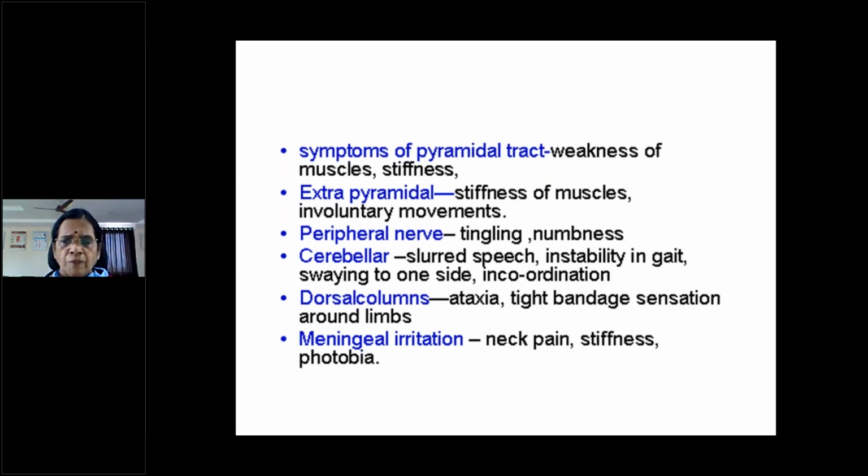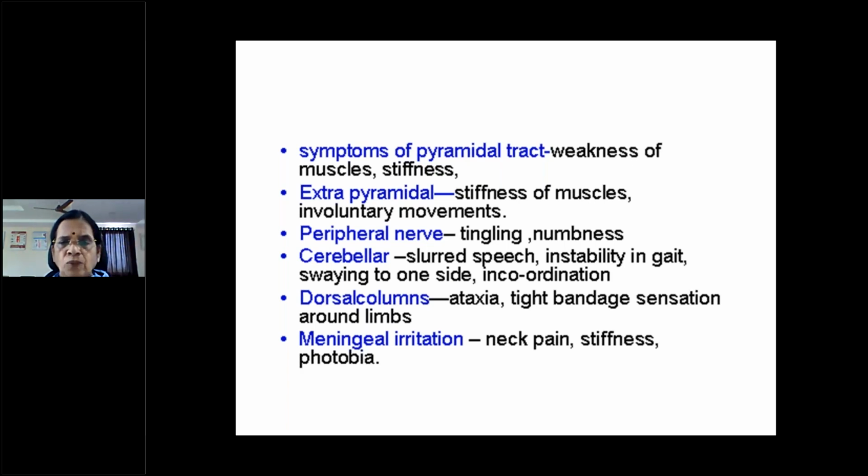vision will be normal. Even with normal vision, day or night, he will complain of instability of the gait and inequality. Whereas in dorsal column ataxias, when the visual reflexes are not there, that means in the dark night, or when the patient has defective vision, or when the eyes are closed, they will have ataxia, and it will increase when the eyes are closed. That is what is called the wash basin attacks, or Romberg's test. If you do it, you can confirm it.